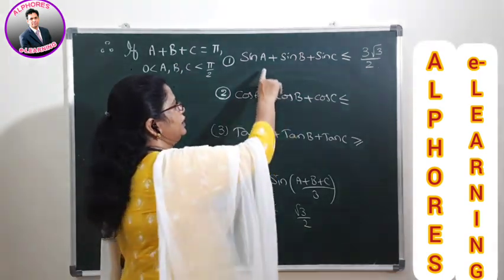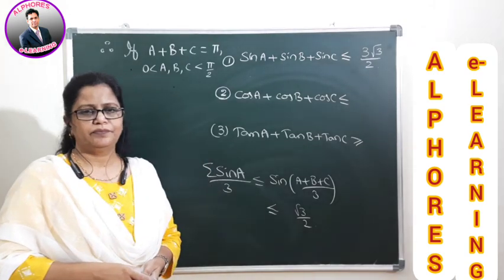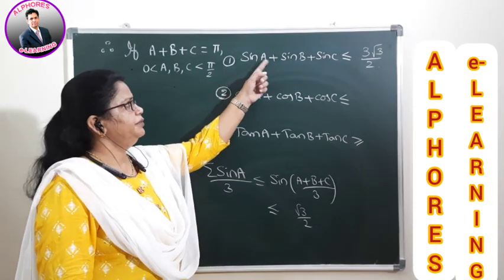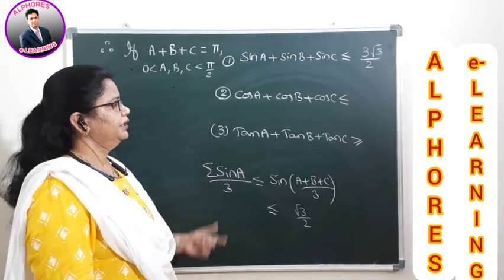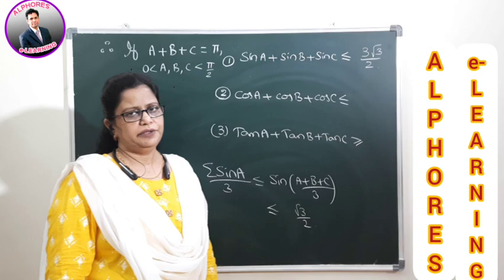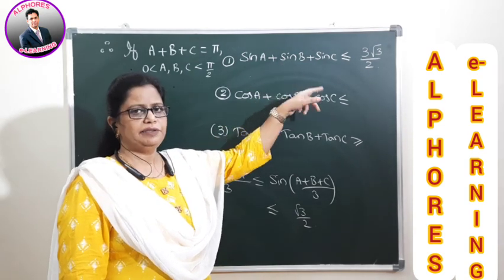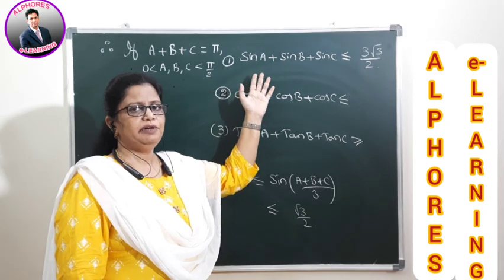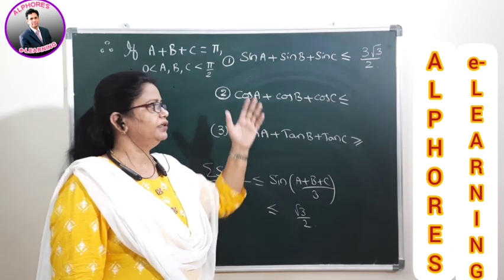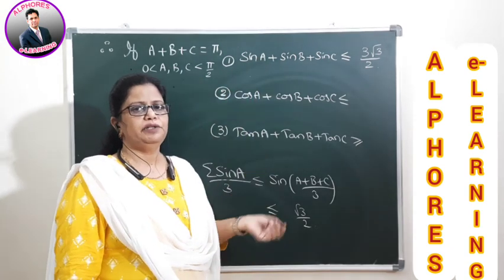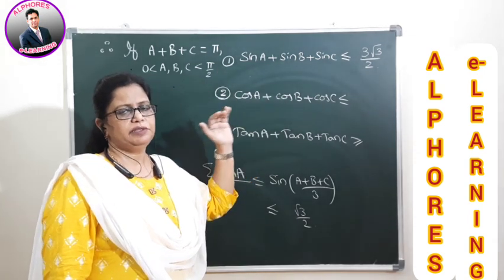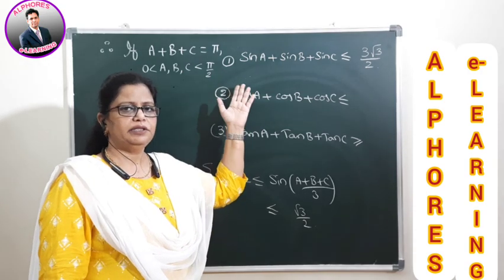Of course, you may think that even if you substitute a, b, c as 60, 60, 60 each, then also we can get the value, but exactly we don't know whether it is a minimum value or a maximum value. Okay, so you know here now it is a maximum value. If it is given directly in the question itself as just one, minimum or maximum, you could substitute the value. But suppose they are asking exactly whether the minimum is 3 root 3 by 2 or the maximum is 3 root 3 by 2, then we must know the reason where we are substituting a, b, c, each equal to 60 degrees.